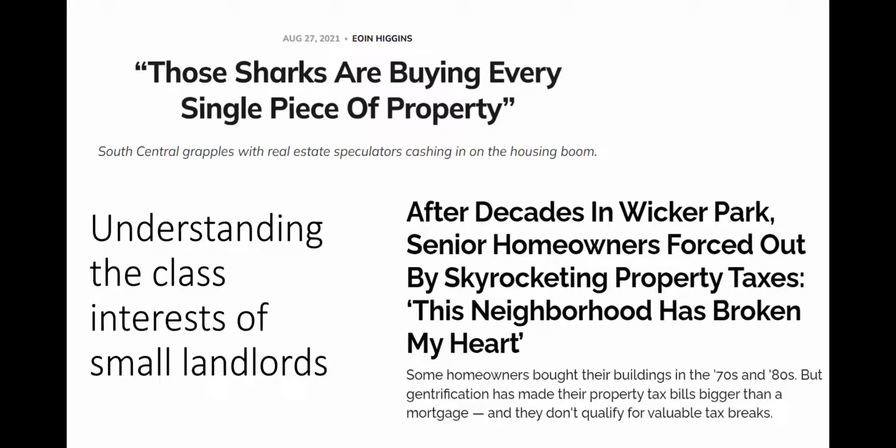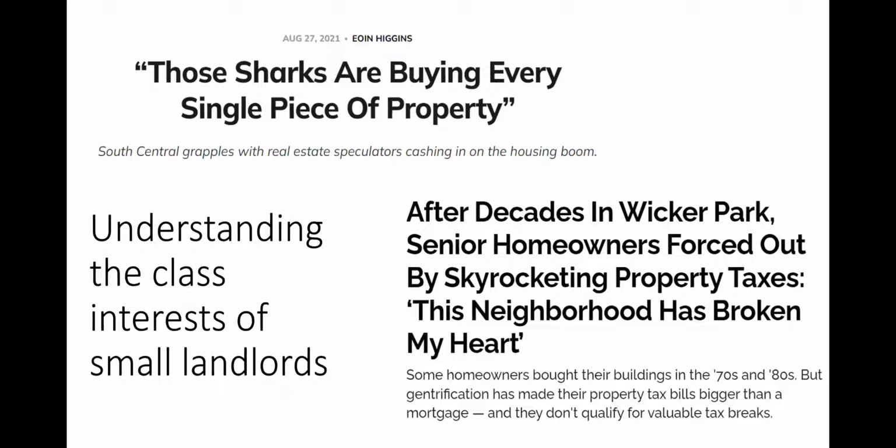Another piece of this discussion that's worth emphasizing is the divergent class interests of small landlords from investor class owners. As an organization, we are sympathetic to the concerns of building owners like those in Wicker Park and other neighborhoods where property values have skyrocketed in recent decades. Thanks to Chicago's broken taxation system, among the most inequitable in the country, downtown commercial properties pay far less in property taxes than they should, while gentrifying neighborhoods have seen a mismatch between the valuation of their properties with the